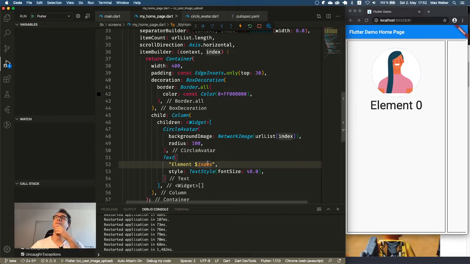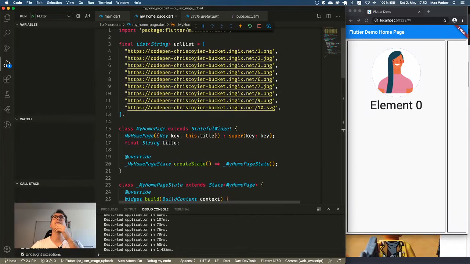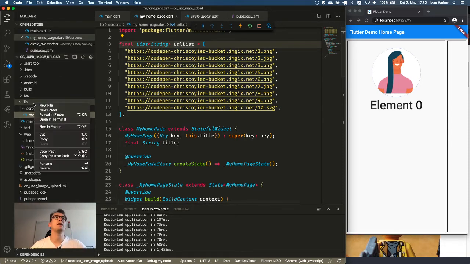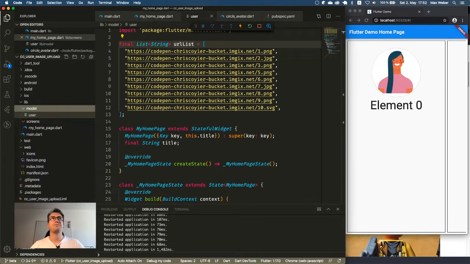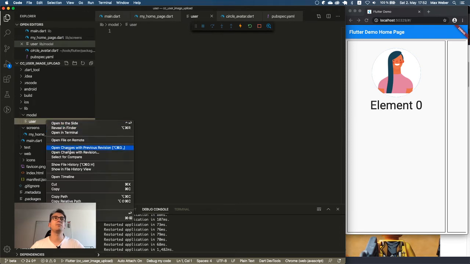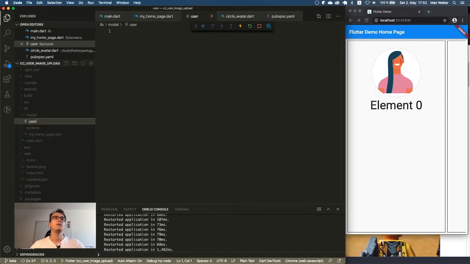So, and now we have element 0. What I don't like is that we have only URL lists. That is a bit inconvenient, because what I wanted to do is have fake users, right? Now we could create an API call to a random user list or something, but I don't like that either. What I will do is create a model for that. So I create a user. I don't know if this is a good approach for the other things because I fake a bit here, but I think that's okay. So I create a user.dart.